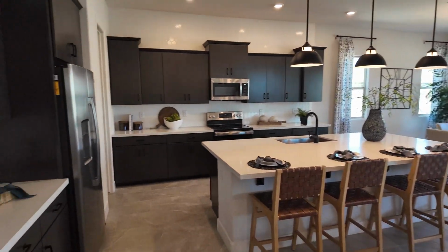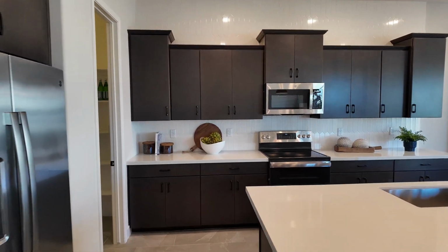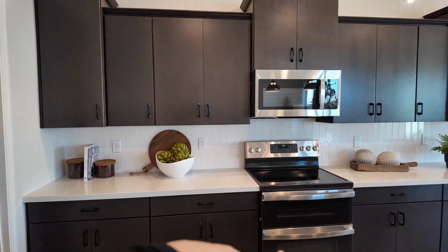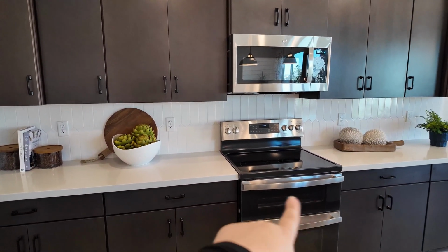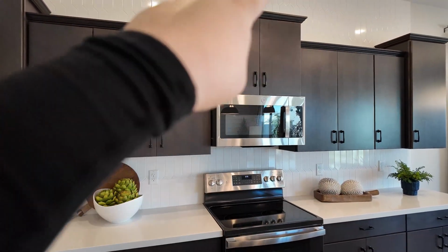Kitchen, they did not do the gourmet kitchen in here, so you guys can kind of get the difference. And they also didn't do gas. So this stove here is an upgrade, but you could opt to do the double oven stove option. Then the microwave up top versus the range would be the gourmet kitchen. You have your standard stainless steel fridge,